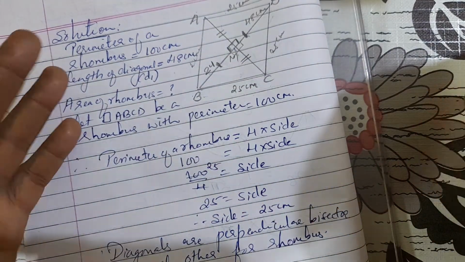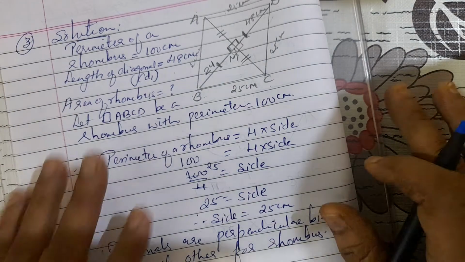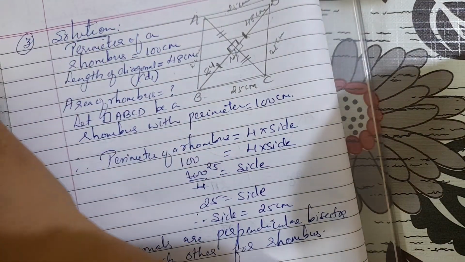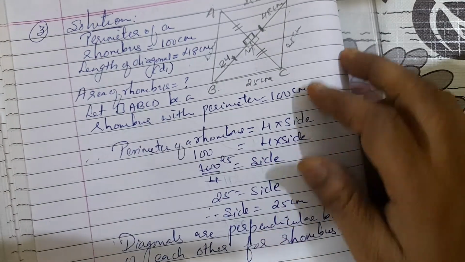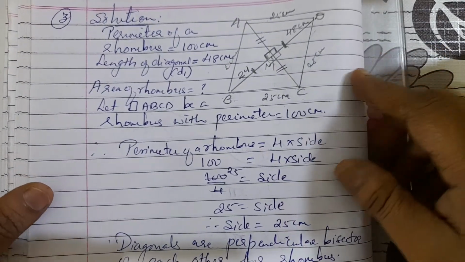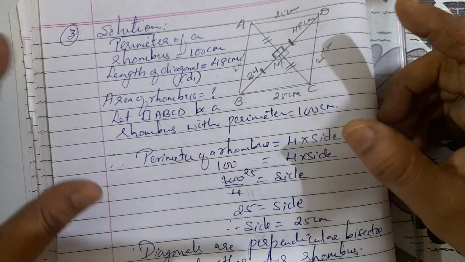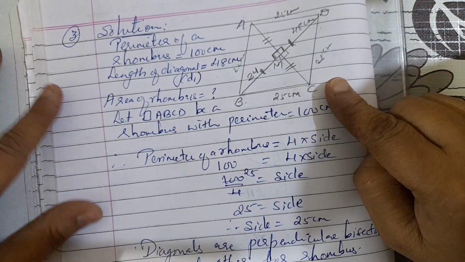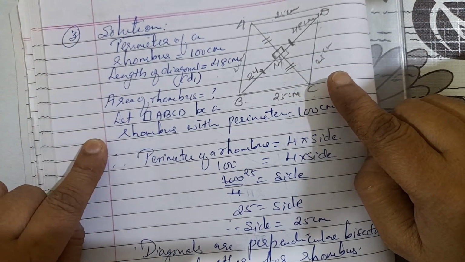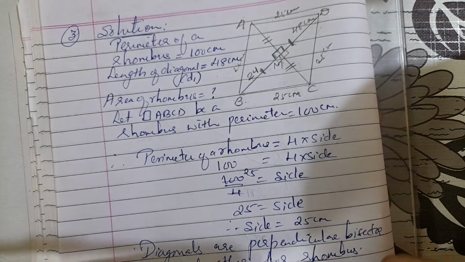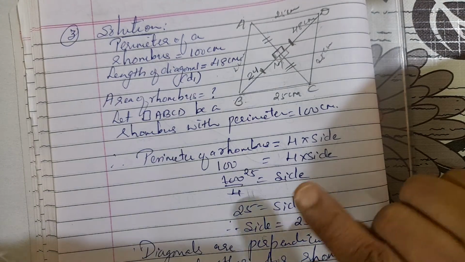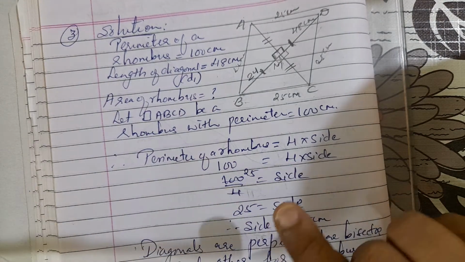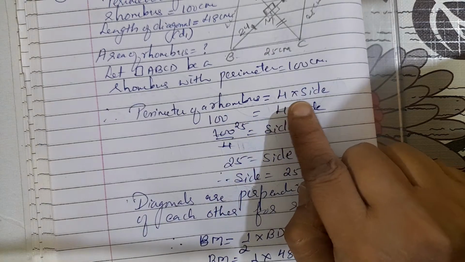Now we got D2 also, and then we can find the area. This sum is a little lengthy children, but it is not very difficult. You have to just see the video 2 times. First thing, draw the rough figure and write down what is given. Now starting, it is given the perimeter of the rhombus. We know that a rhombus is nothing but similar to a square. That is why the perimeter formula is 4 into side.